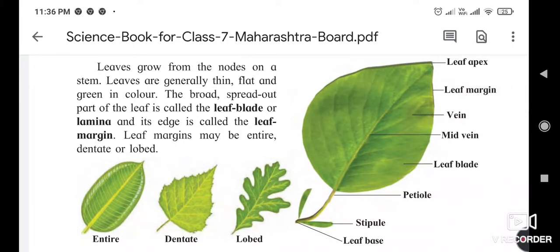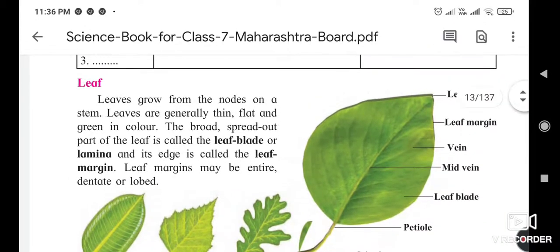There are plenty of types of leaves on different trees. These leaves are basically grown from the node of the stem. These leaves are generally flat, green in color and thin in size.